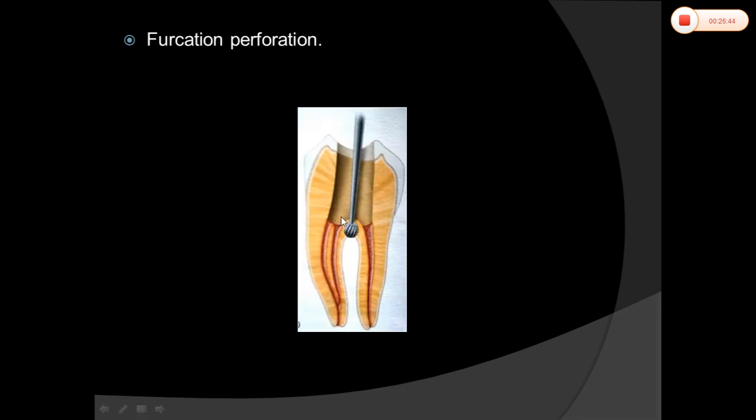And this is perforation at the furcation site. Most commonly, this is an iatrogenic error which is seen in mandibular molars or maxillary molars. Most commonly in mandibular molars, because instead of ending into the orifices, sometimes you will end into the furcation, thinking it is an orifice. So always you must have a proper idea while doing an access preparation about the internal anatomy of each and every tooth. That's why we discussed in so much detail all the teeth from central incisor to second molars.